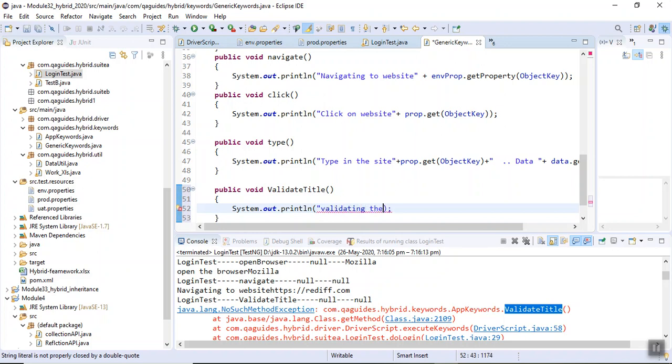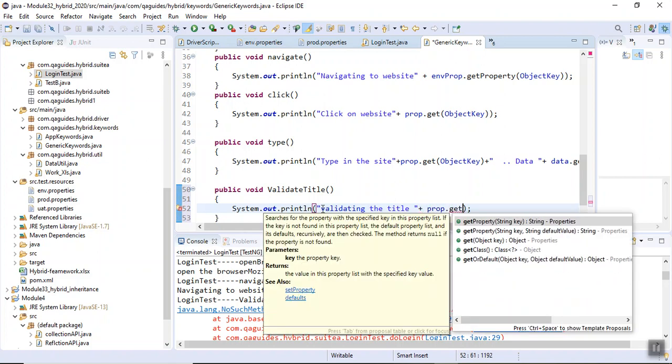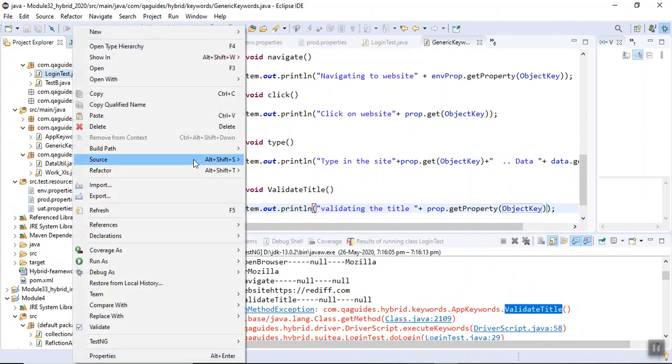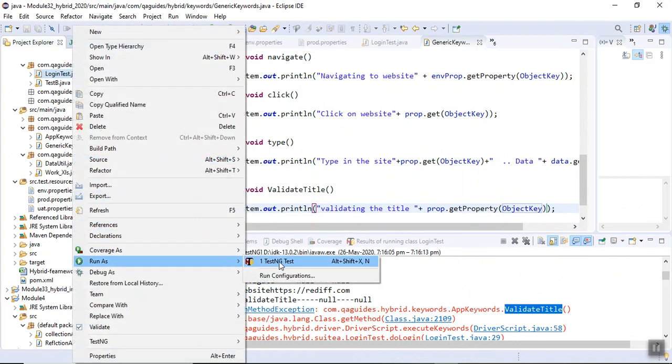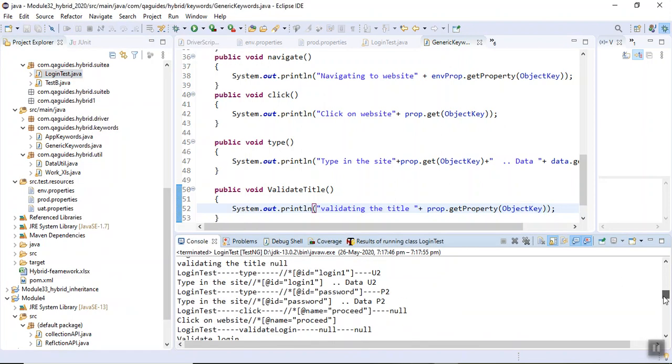Validating the title, plus prop dot get. Save it. Now try to run it. I think it should work fine now. See, it worked fine. No error.